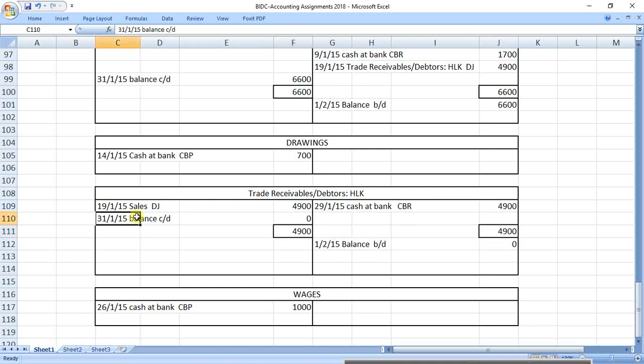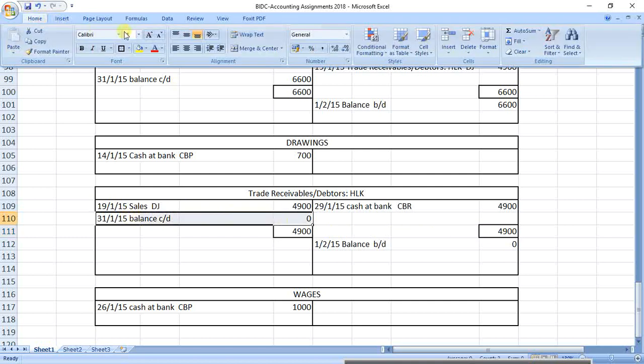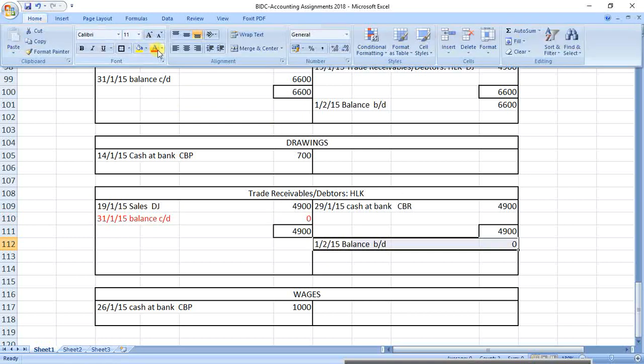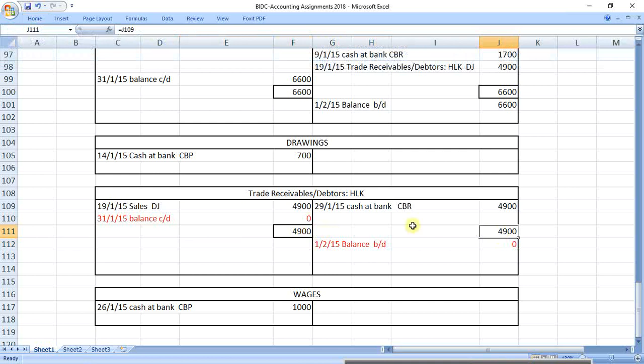You don't have to write these things down. I've just put it in purely because of the balancing, right? That you can actually leave out. All you need to do is just total and show the same amount, like that. That's good enough. Okay. Alright, so I want to guide you with the next one, but I want to see